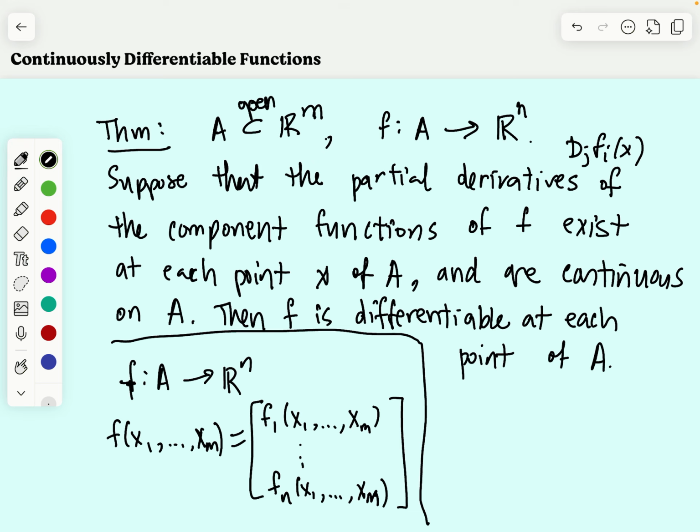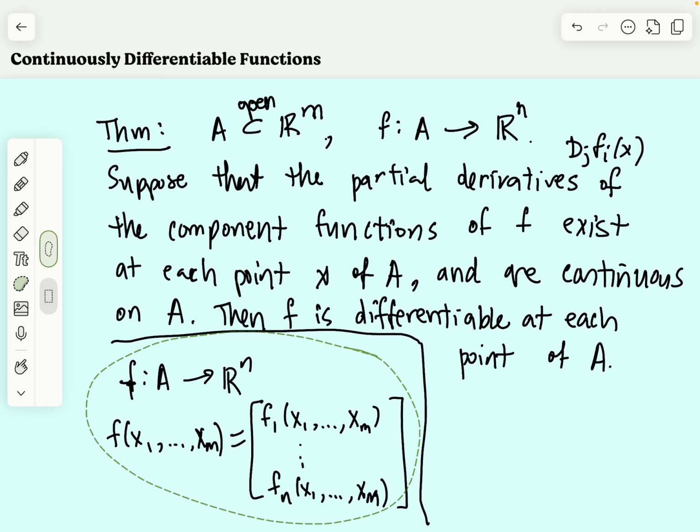In this video, we're going to state some criteria for differentiability of functions of several variables. So suppose that you have an open set A in R^m, and you have a function f from A to R^n. Let's just recall that when you have a function from A to R^n, then the output is going to have n components, and the function that takes x1 through xm, this point in A,